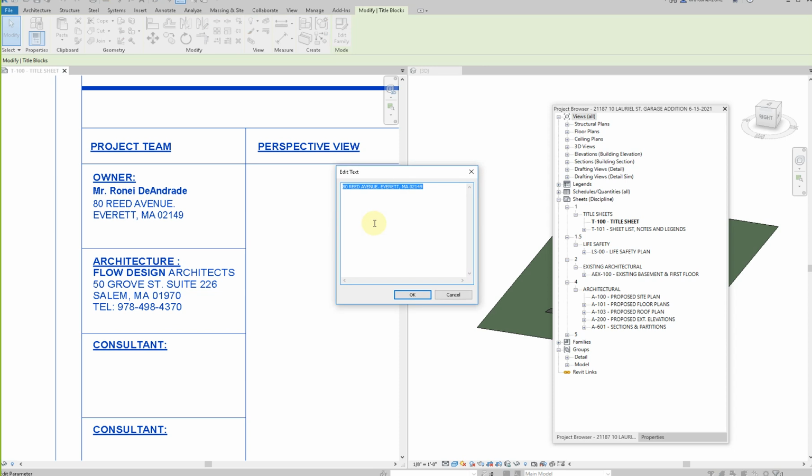L'Oreal. I see that I always do it in capitals, so I'm gonna do capitals. Just make sure everything's capital throughout. 10 L'Oreal Street, Saugus. So 10 L'Oreal Street, I like it to be on its own line. So I enter and say Saugus, comma, Mass 01906, and that way